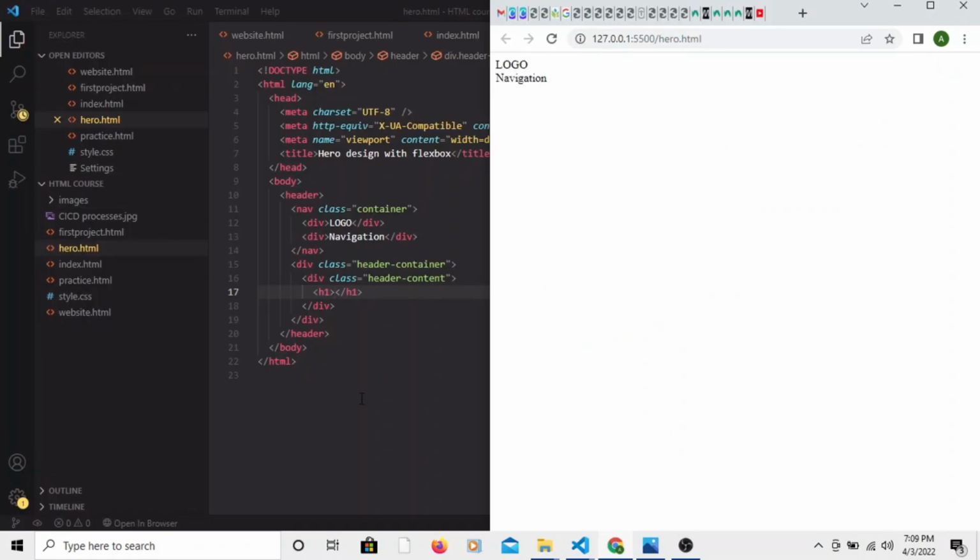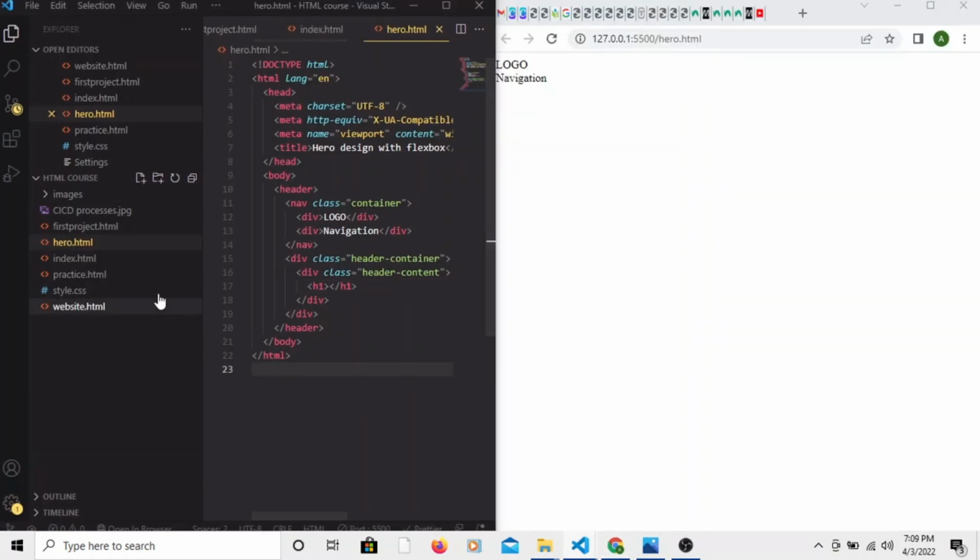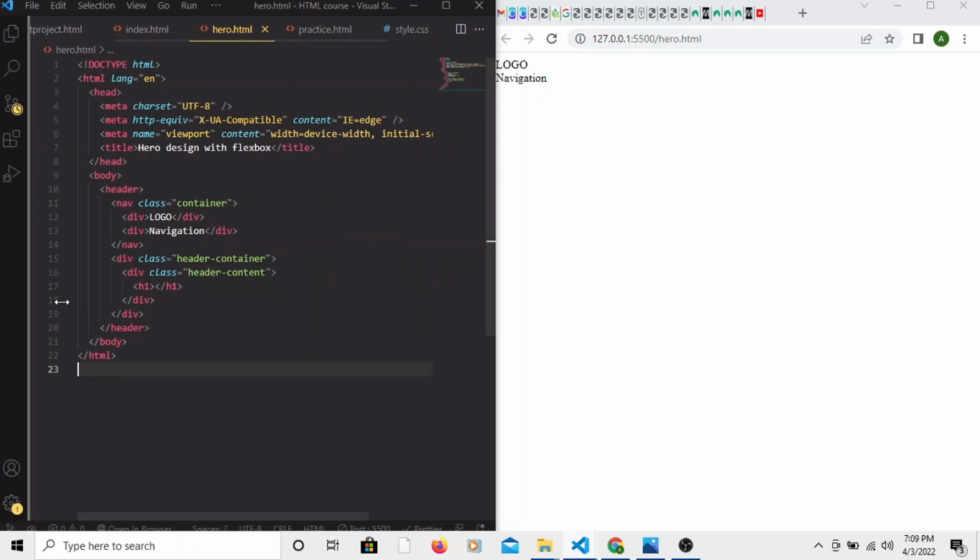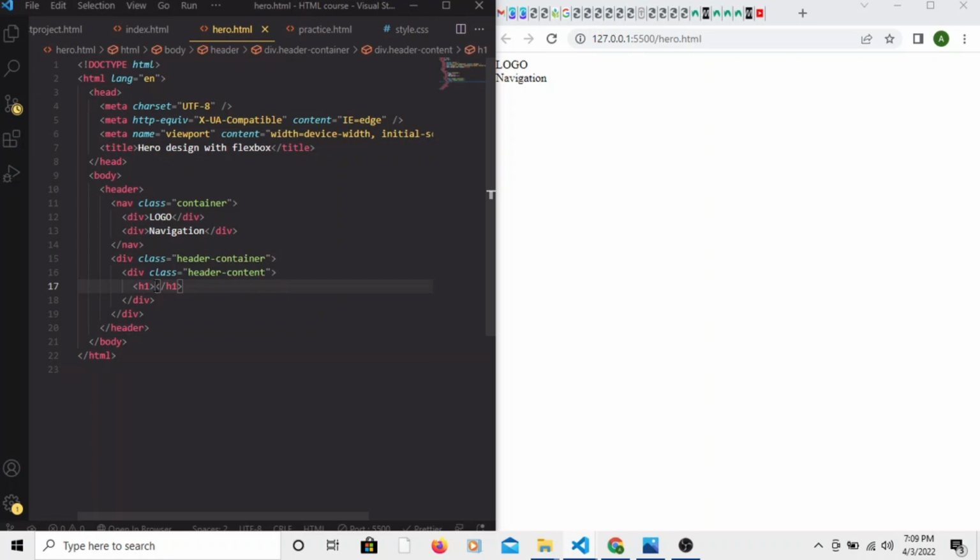Open with live server. So yeah. Let me put this here and let me put this here for the accessibility and for you guys to see very well. So right now I'm going to be creating this. In this H1, what I'm going to be creating is